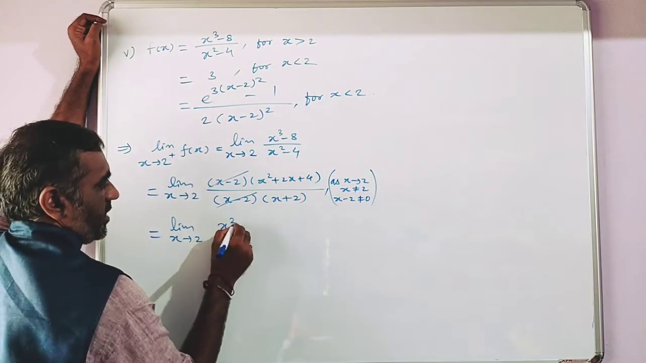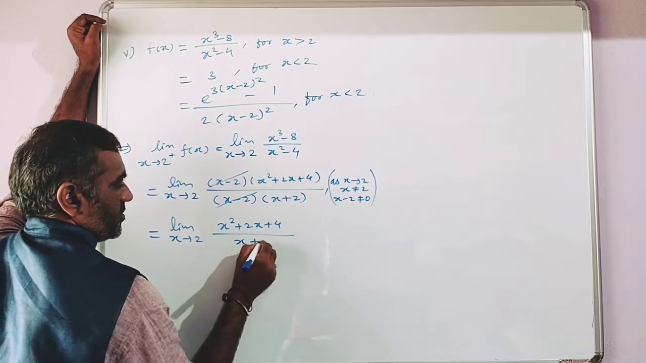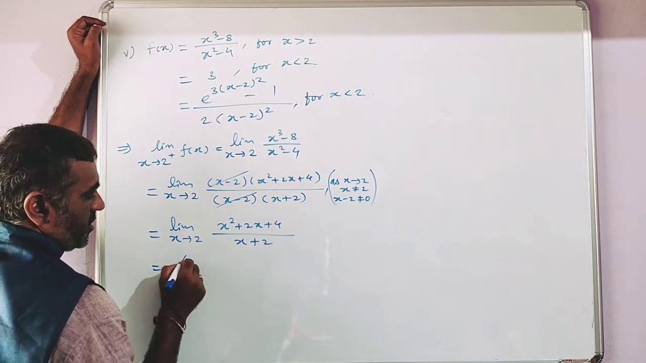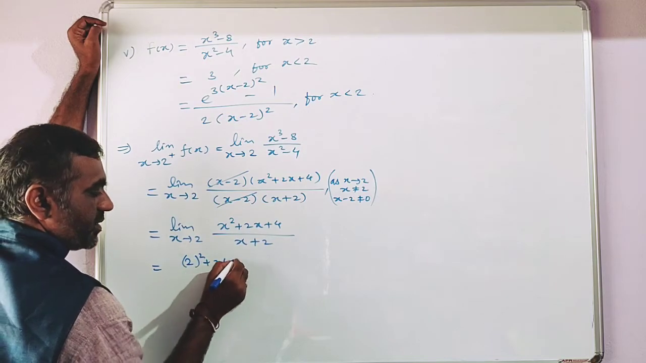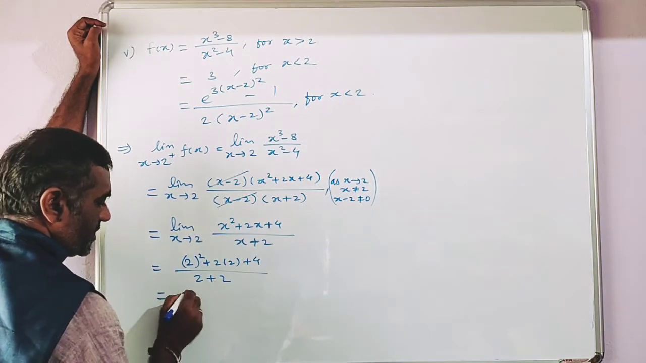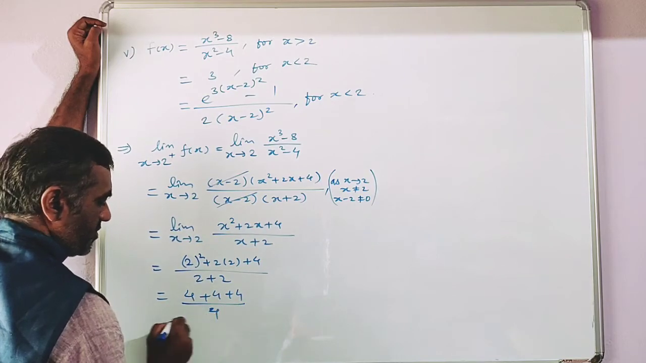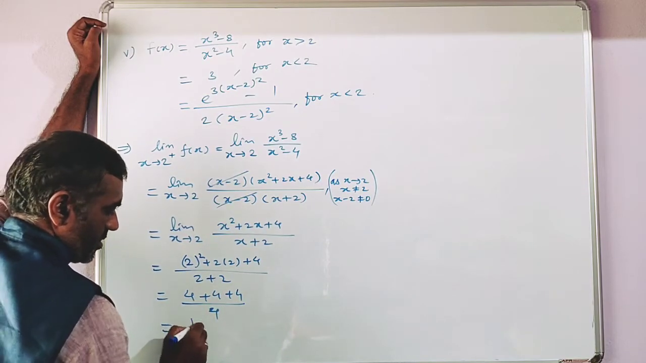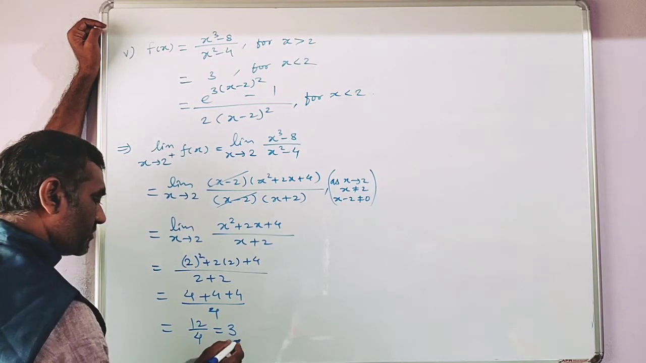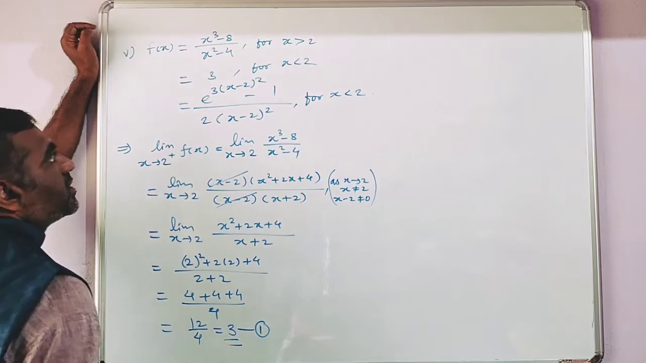Now (x square plus 2x plus 4) upon (x plus 2), whereas we can write down (2 square plus 2 into 2 plus 4) upon (2 plus 2), which is equal to (4 plus 4 plus 4) upon (2 plus 2), that is equal to 12 by 4, which is 3. This is first. Now second,